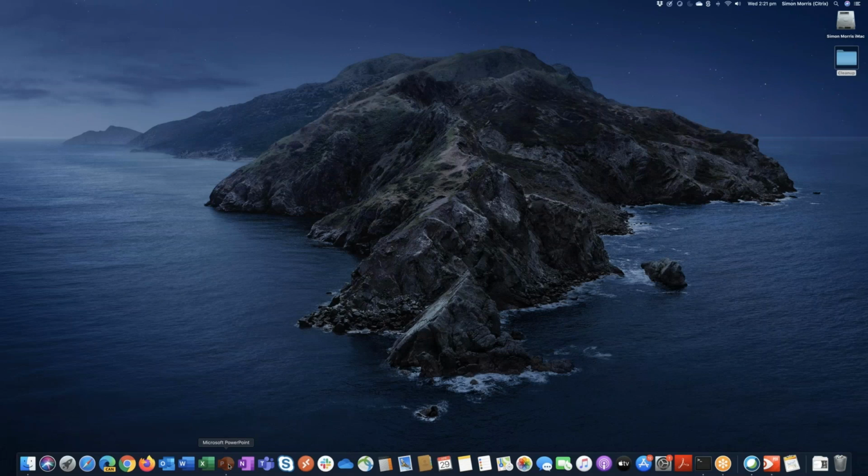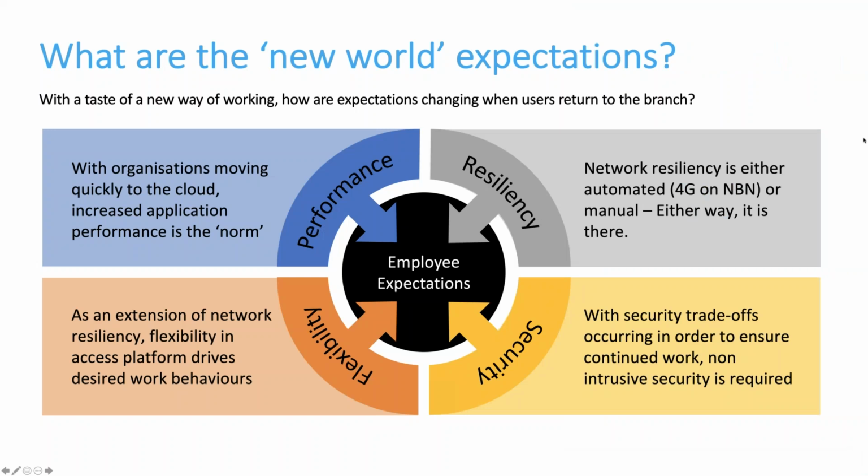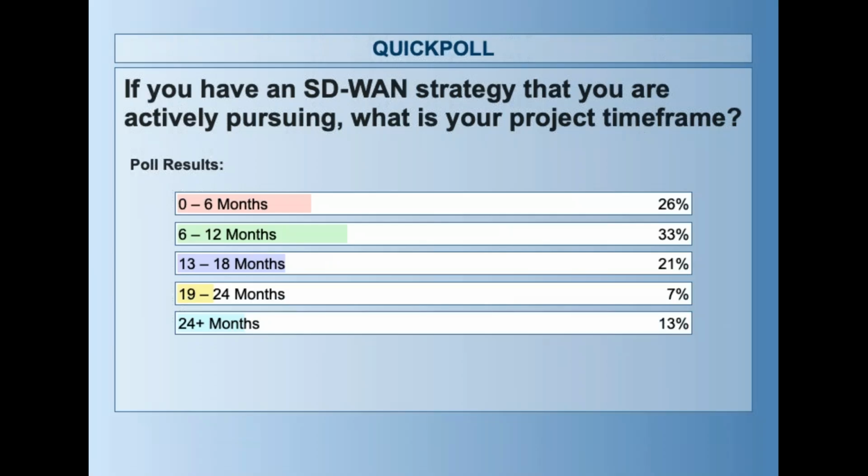So yeah, some interesting results there again, Simon. I guess you'd expect most projects to be between 6 and 12 months. Be interesting to see if that is still the case for companies that are rolling that out now. But I dare say those that are doing 24 plus months might be taking into account the current situation. Yeah, fantastic. It's good to see the 0 to 6 months getting a high rating as well. Obviously, with a lot of focus on BCP at the moment.